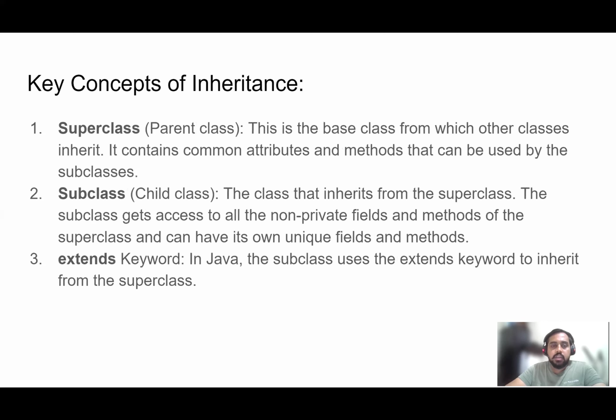Let's see what the key concepts of inheritance are. In inheritance, we have a superclass, that is the parent class. This is the base class from which other classes inherit properties or methods. The parent class should contain only the common attributes or methods that can be used by the child classes or subclasses. What is a subclass or child class? It is the class that inherits from the superclass. The subclass gets access to all non-private fields and methods of a superclass